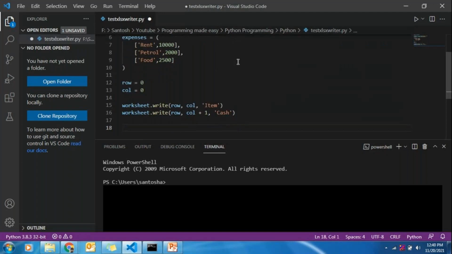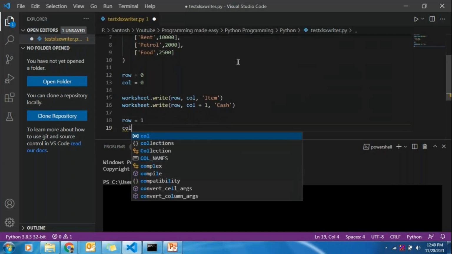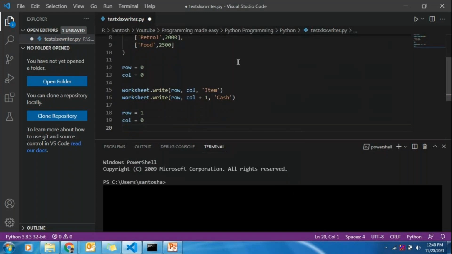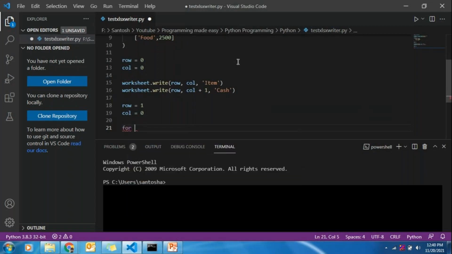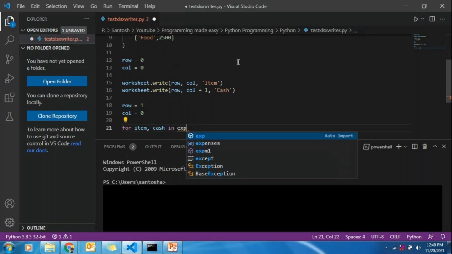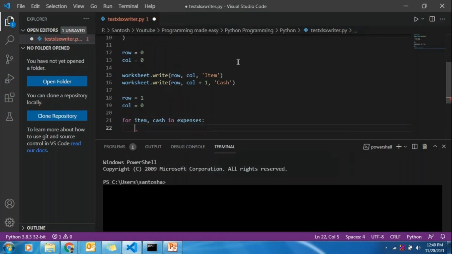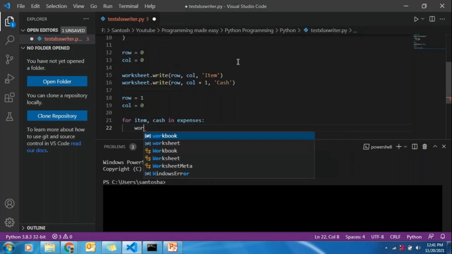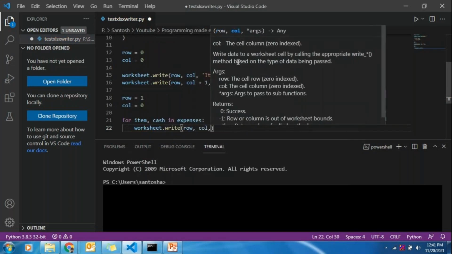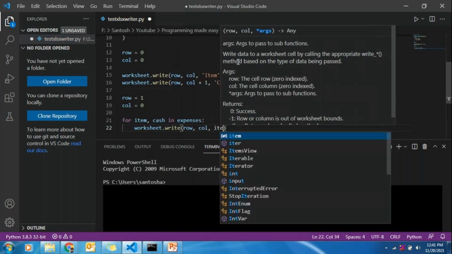So for that, I will initialize my row to 1 and again my column to 0, because in the 0th row we have written the heading. Now we write the actual values. So for item comma cash in expenses, worksheet dot write row column, what we need to write here is item.